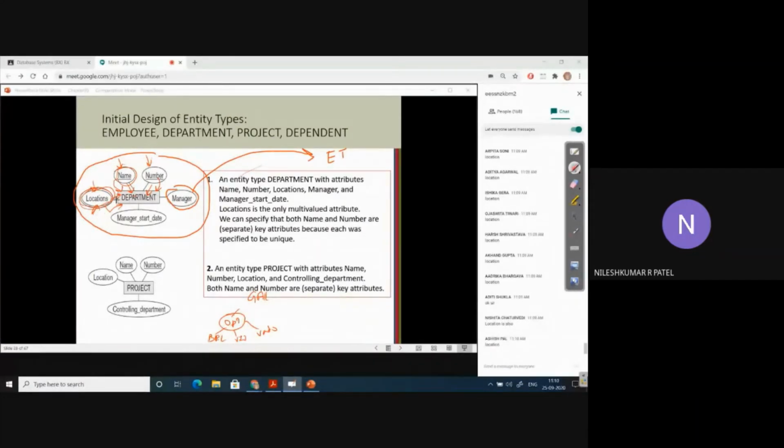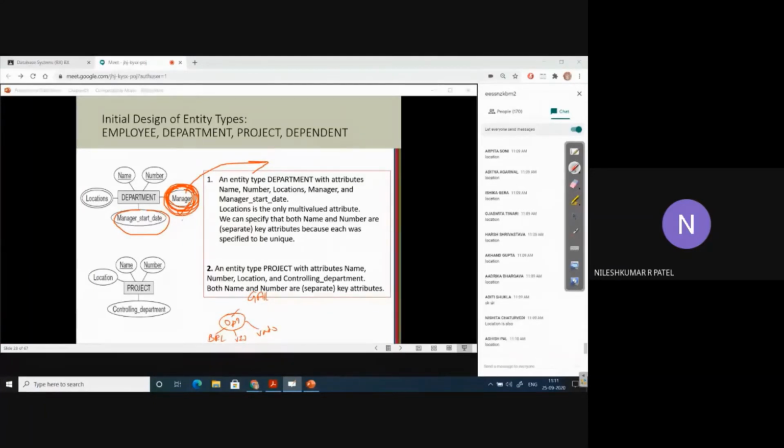So again, you have to identify pure attributes pertaining to this particular entity type. This manager start date is related to the manager itself, so it is also pointing to the employee entity type or something. So we have only one attribute in this entity type that points to another entity type. Please remember this: there is only one attribute and the name of that attribute is manager. If you want to note something down, please make note of these two things here.